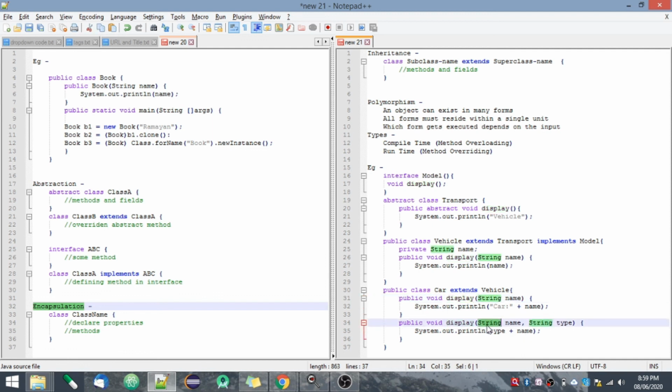If I pass two strings, then this method will be called. So the execution depends on the input, and an object can exist in many forms. I can create two types of objects for class Car, one with a single parameter and one with two parameters. In this way you can achieve polymorphism using method overloading as well.